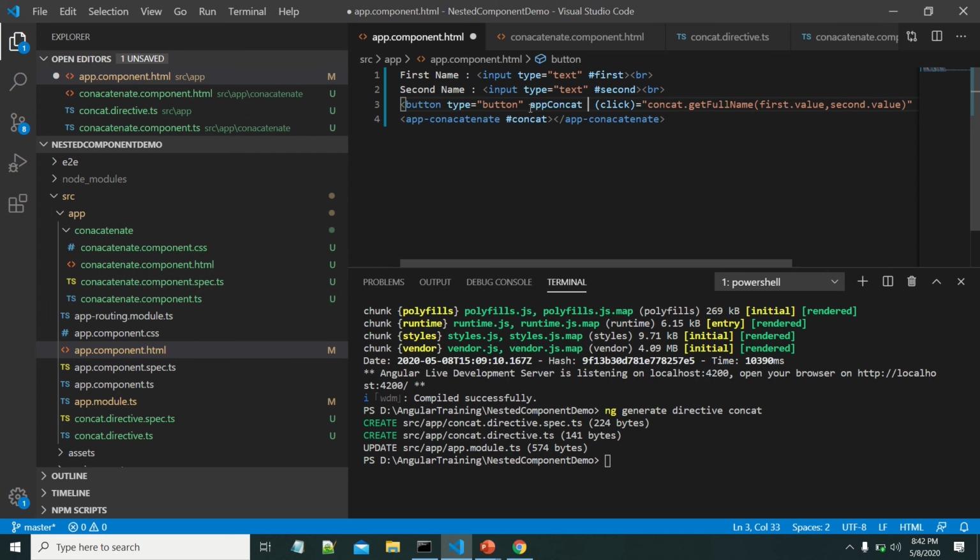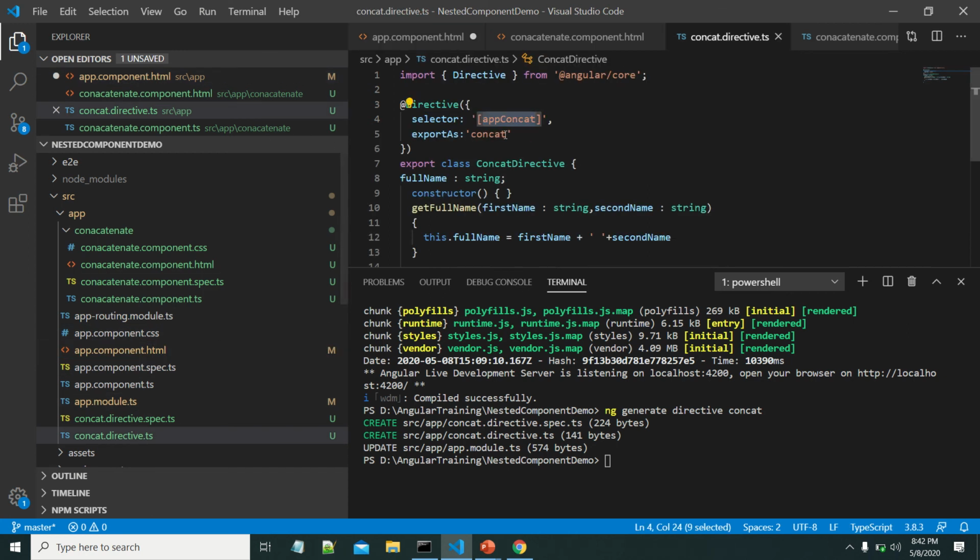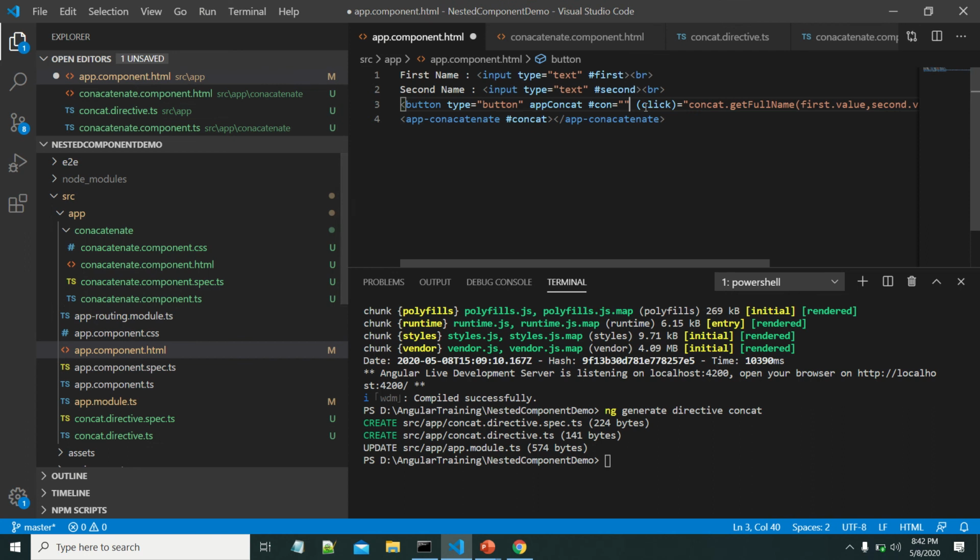Next, if you want to create the template reference variable for this app concat directive, then hash variable is equal to the name which is defined here. Now let me remove this.